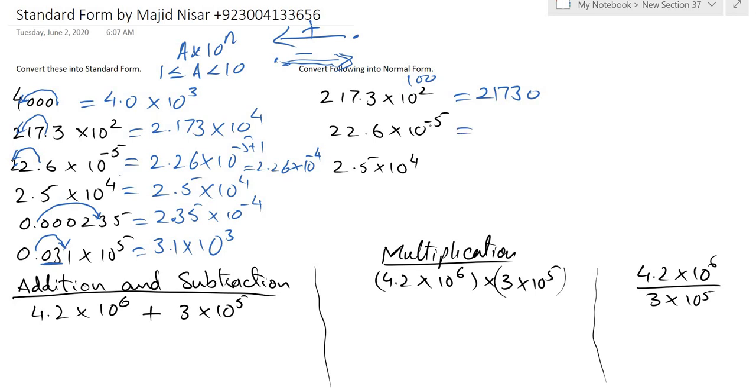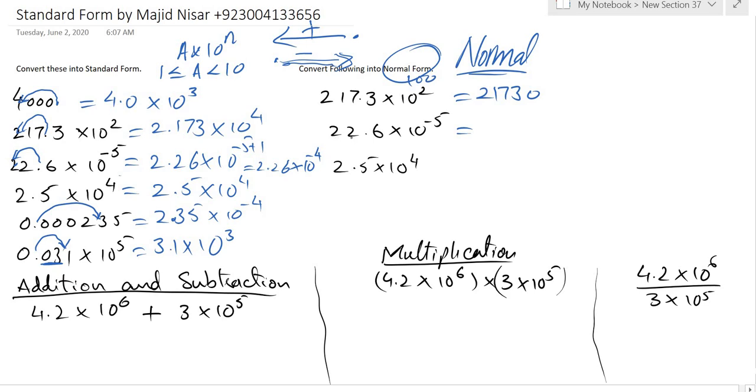When the power is negative and we multiply with it, the point will move left. This is exactly opposite of standard form. Don't mix it up with standard form, because this is normal form, not standard form. Now the point will move 5 digits left, 2 digits are given, we have to put 3 zeros here, so it will be